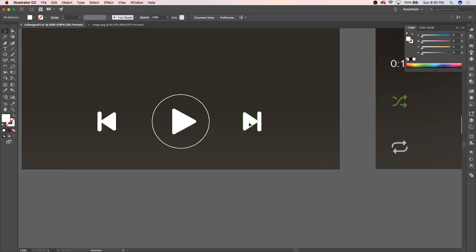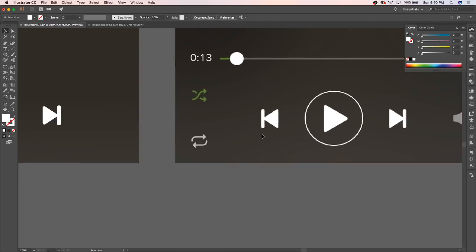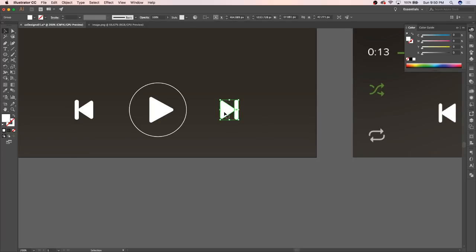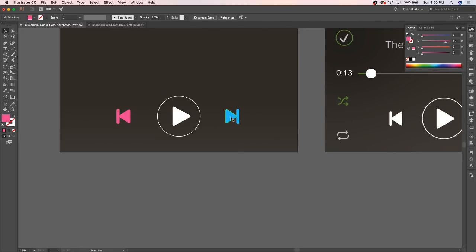Okay, so these are these more shape-based icons and buttons. And the other cool thing about these is that once you have these grouped, you can change the colors of them relatively easily. So you're not trying to select each object independently, and you're able to make these adjustments and apply that to the whole thing. So if maybe part of my goal ultimately with this interface is to change the color of these buttons, I can do that a little bit more easily when I have these grouped. And you can also use the direct selection tool to select objects within a group